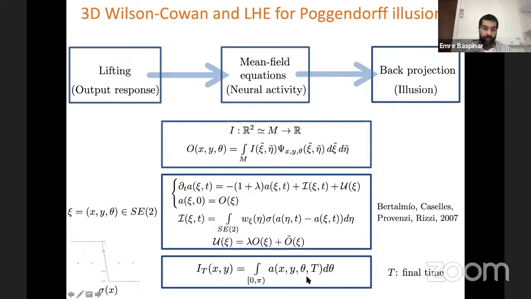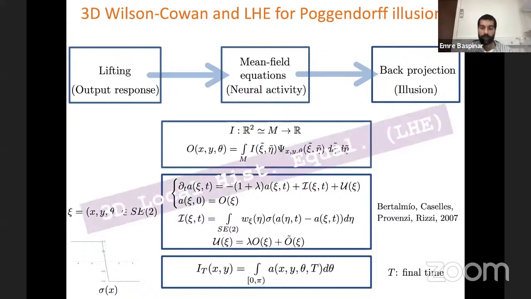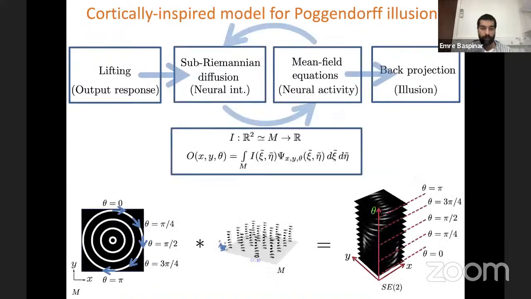And back projection, again, is exactly the same as before. And this algorithm was called three-dimensional local histogram equalization. So what we propose is, well, the first step...